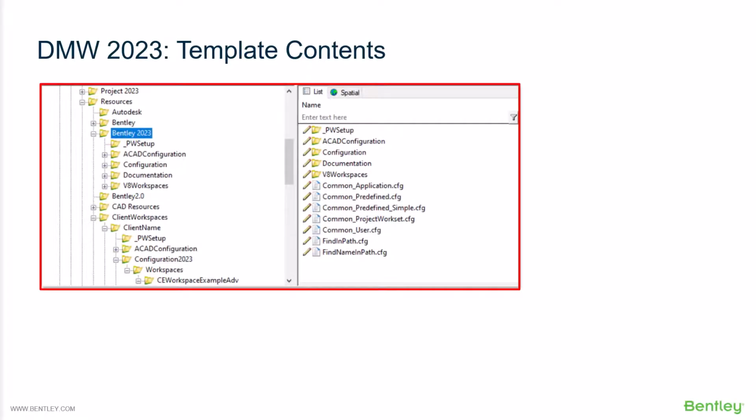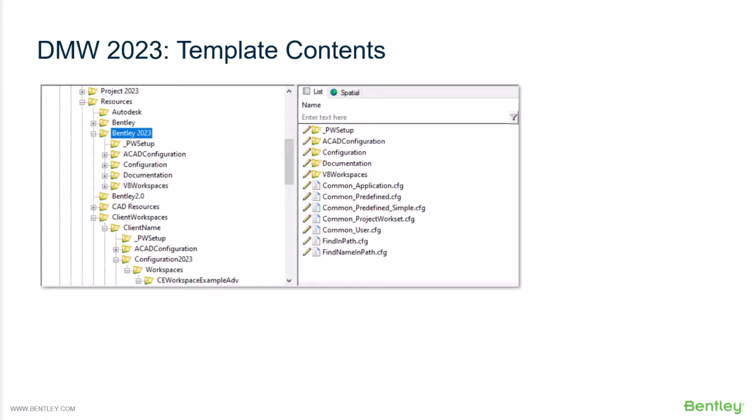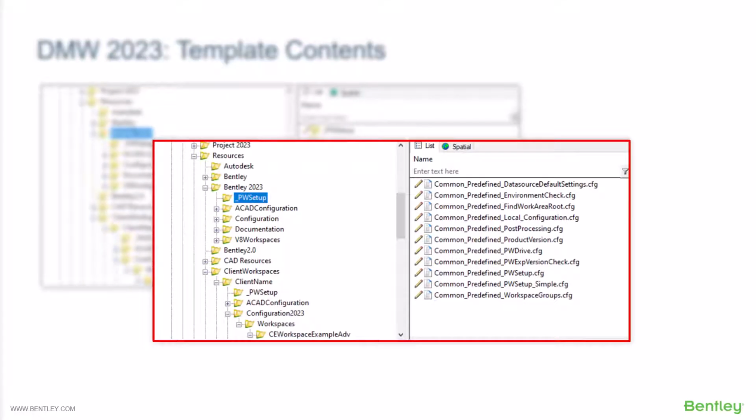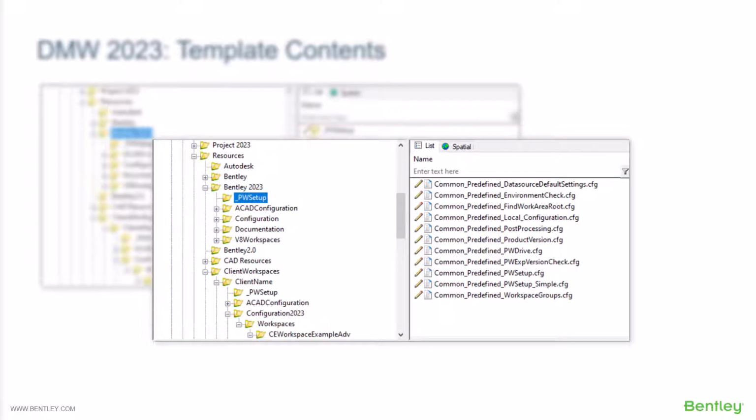This next image shows the actual template content. We have a Bentley 2023 folder. Inside that, we will find the common predefined CFG file, which is what the CSB looks for. Underneath that is an underbar PWSetup folder. This folder contains many of the enhanced configuration options. The first file it looks at is the common predefined PWSetup CFG file, which then branches into the other enhanced